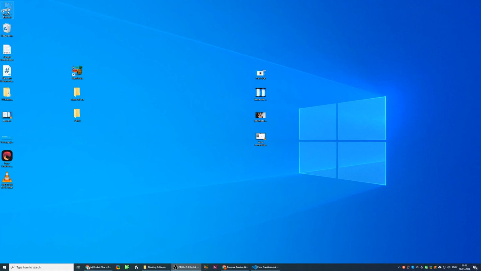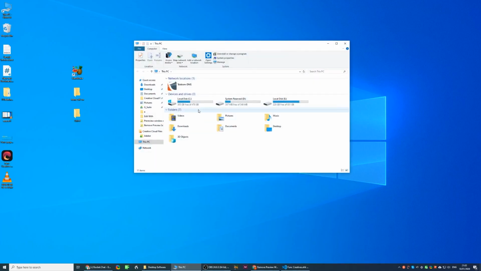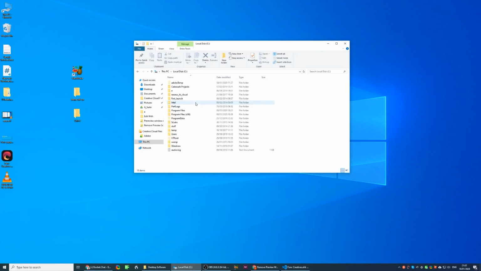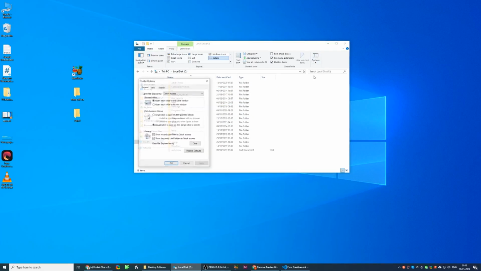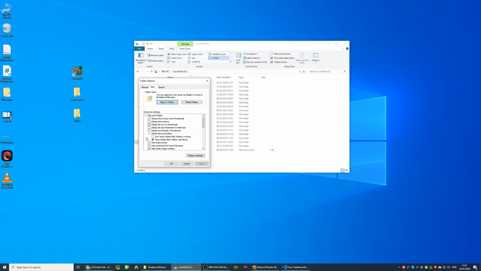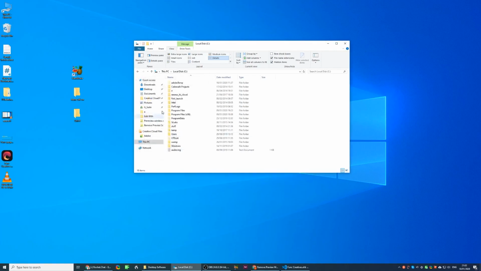So what you need to do is first go to your C drive and get to programs data. To find programs data, you need to first go to options, then view, then show hidden files, apply, OK, and it will show you this folder. When you get to this folder,